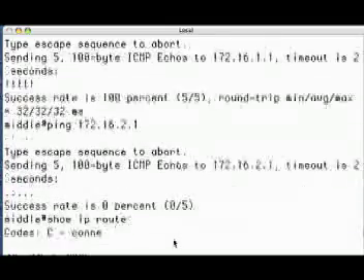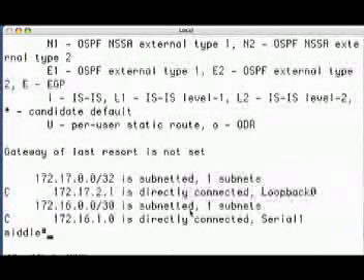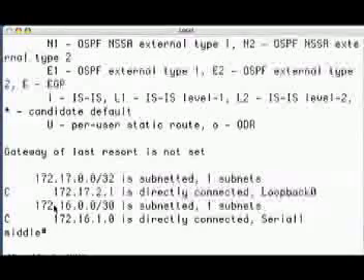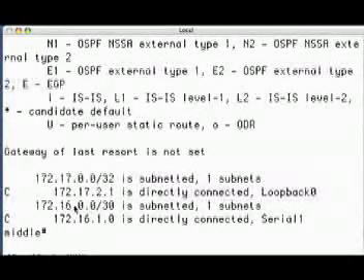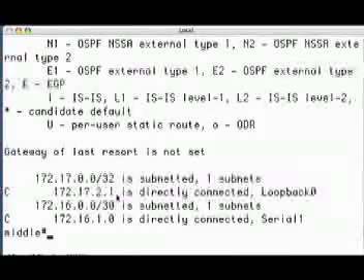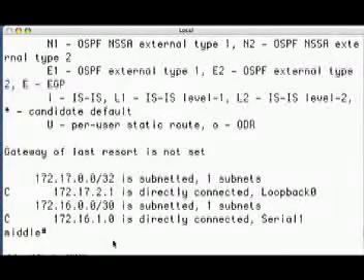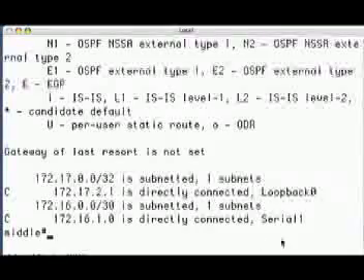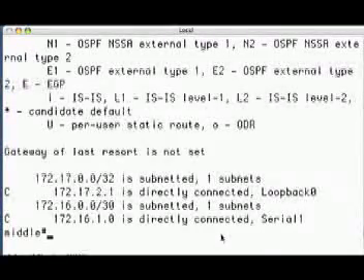Show IP route. This shows the subnets that we know how to get to. We know how to get to 172.17.2.1/32 because that is directly connected. And we know how to get to 172.16.1.0/30 because that's also directly connected on the serial 1 interface. But we don't know how to get to